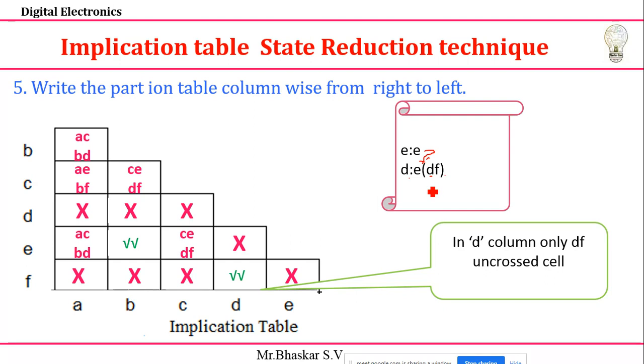Once you write, next I'll go for C. Here you don't have a double tick, and there is a relation between C and E. Yes, you write that C and E have a relation. And D and F you already took here. If you already took it, then you need to neglect this. Yes, correct, there is a relation between D and F. So C and E, there is a relation. Then you need to write this. Here C and E I need to write. D and F you already took. Otherwise, if you want, you can write it. So I'll write here.